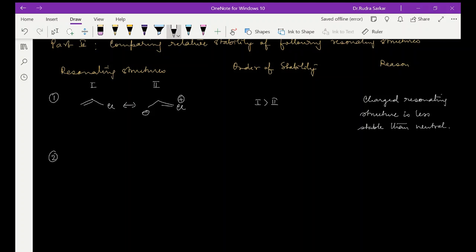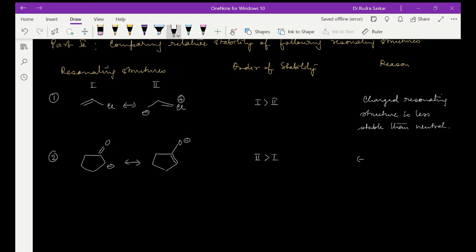Number 2, suppose we have these two structures. Now here 2 is more stable than 1,